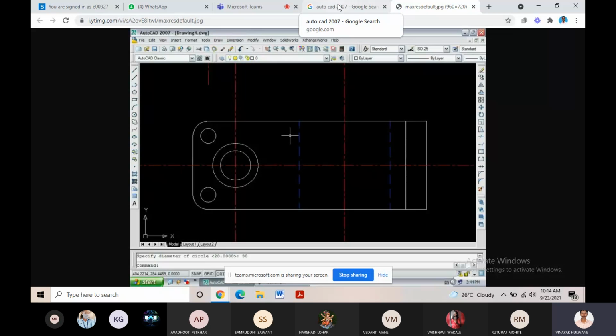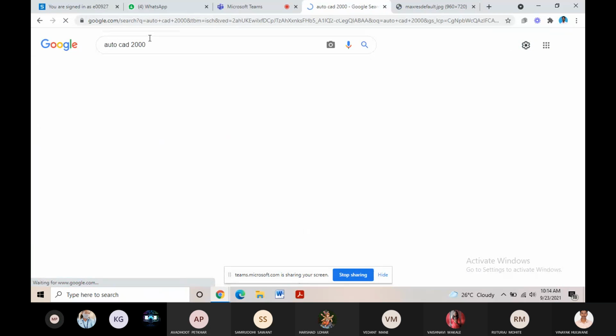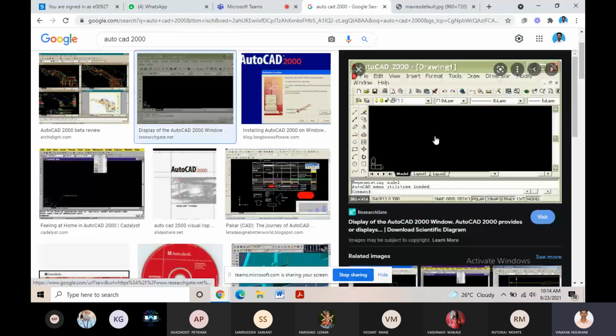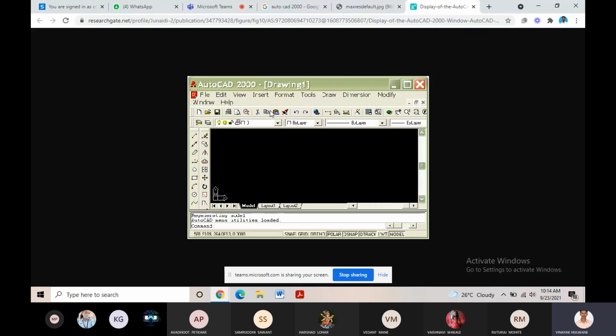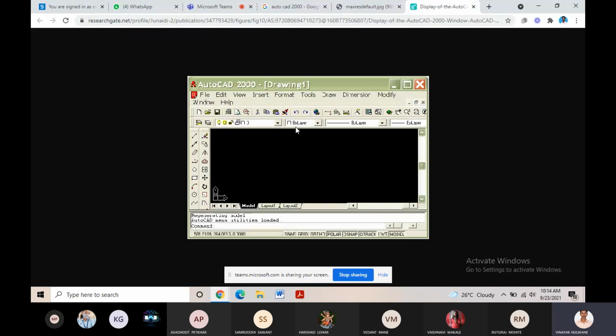If we go to a previous version like AutoCAD 2000, this is the view of AutoCAD 2000, and this is the view of AutoCAD 2007. There are no command changes, but there is a difference in the view or some easiness in accessing every command.